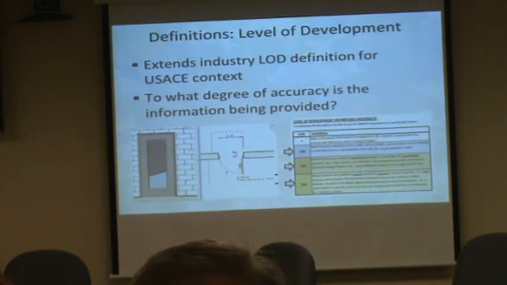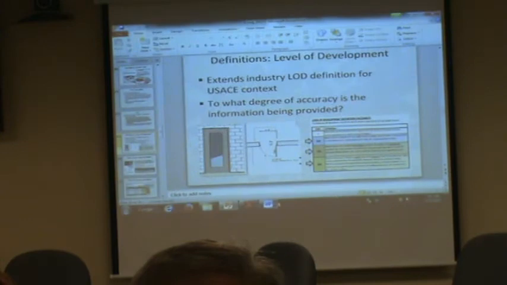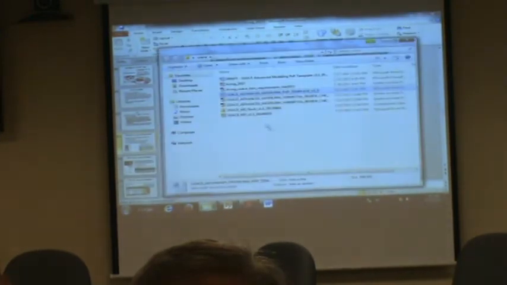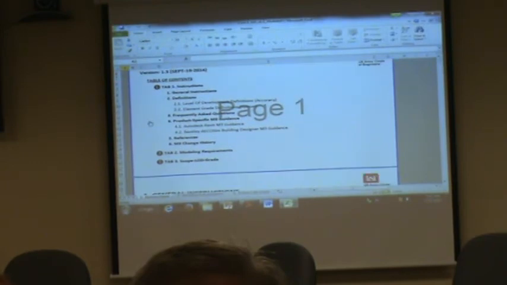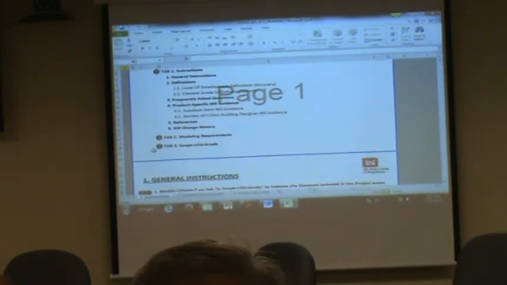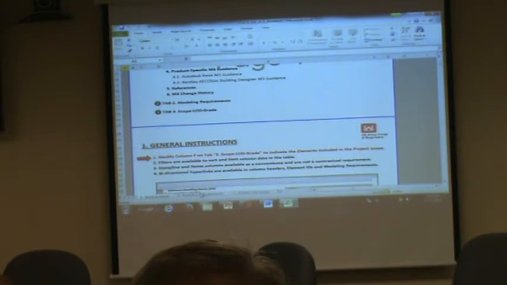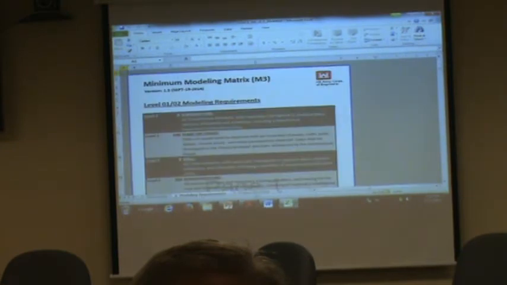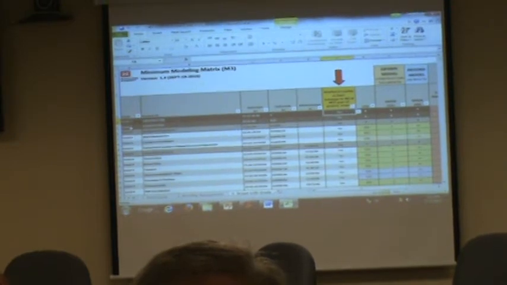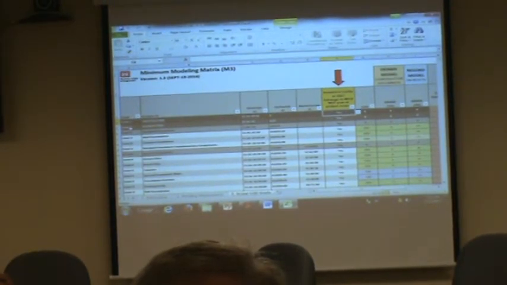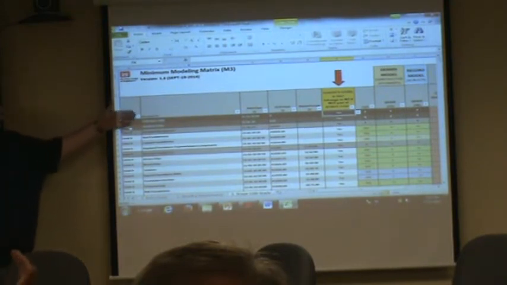If I open up the M3, it's a nice little spreadsheet. It's got a nice table of contents and instructions in here on how to use it. Basically, if you go into the scope and grade, the entire matrix, the minimum modeling matrix, the M3, is built in classification format.